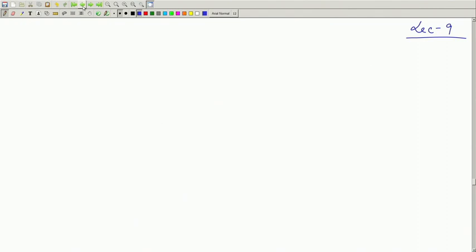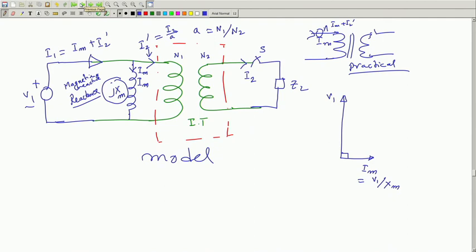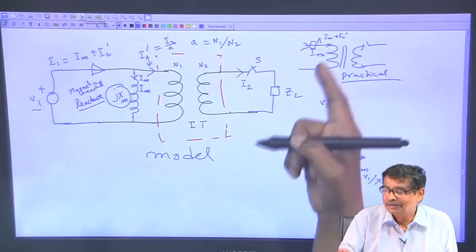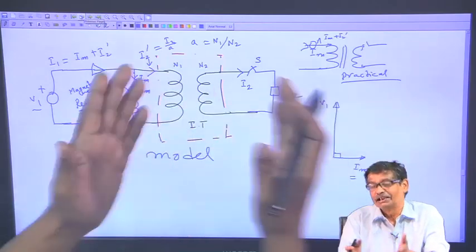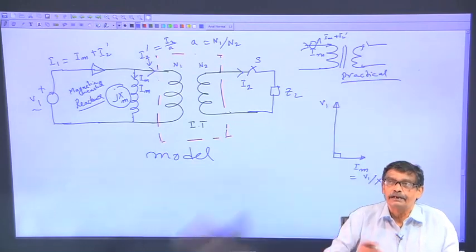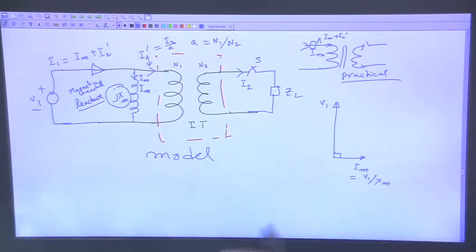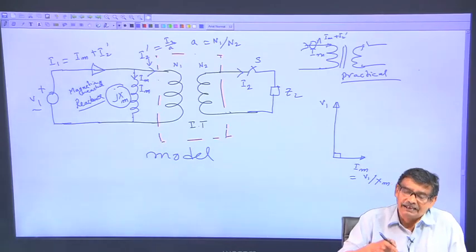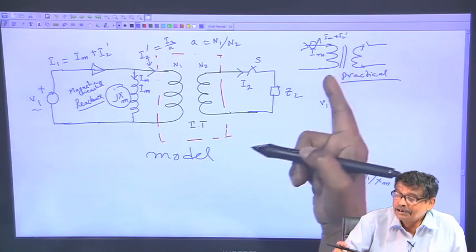Okay, welcome to the 9th lecture, and you recall we were gradually going towards a practical transformer, and in my last class this was the slide where this is a practical transformer. Here there is no XM connected, you must understand that it is a practical transformer in the laboratory, with 2 secondary, 2 primary terminals, there was nothing like XM connected there. But it was our thought process which led us to believe that...